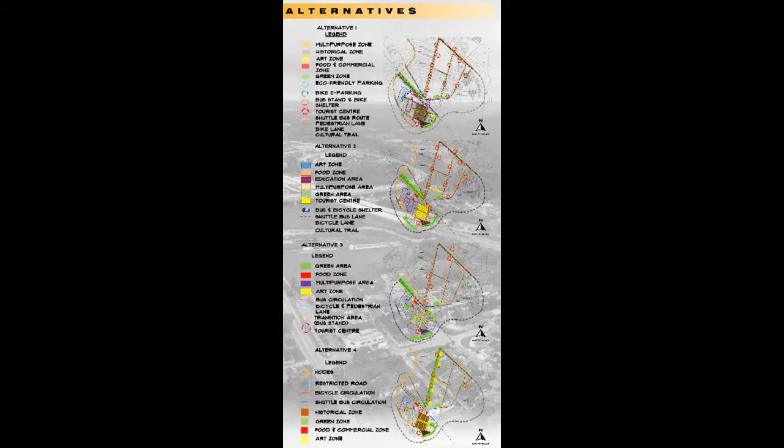From the layered functional diagrams, we are able to come up with 4 alternative diagrams with a slight difference among them. Next, for the first alternative, there are some changes consisting of green zone and circulation. Green area beside the railway line has a potential to develop a railway tourism. Next, shuttle bus road has been restricted only to Bus Central in Old Town. From there, visitors can walk or ride the bicycles during tours around the city. This is because we want to introduce a tourist-friendly town.